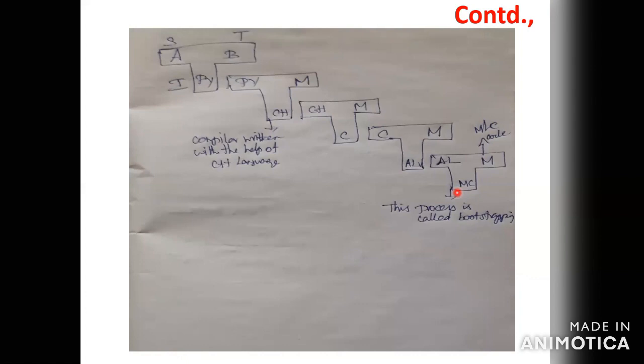Here check, Python is the implementation. So Python does not understand the CPU language. So I can change the source program, I can create one more compiler. The source program is the Python language. So the compiler is written with the help of C++ language. The CPU does not understand C++ language. So here I can create another compiler.